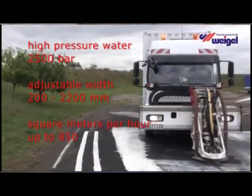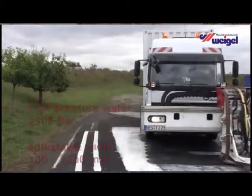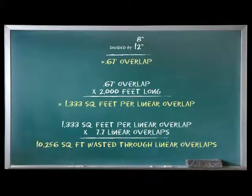The vehicles move so slowly that they're difficult to steer at that speed, and so it's necessary to take a much wider overlap, and the minimum that we've ever seen possible is 8 inches. If you take 8 divided by 12 so we can calculate square feet, that results in a square footage of 0.67. If we multiply that 0.67 times the length of the rubberized area, which is 2,000 feet in length, this results in a net overlap per linear pass of